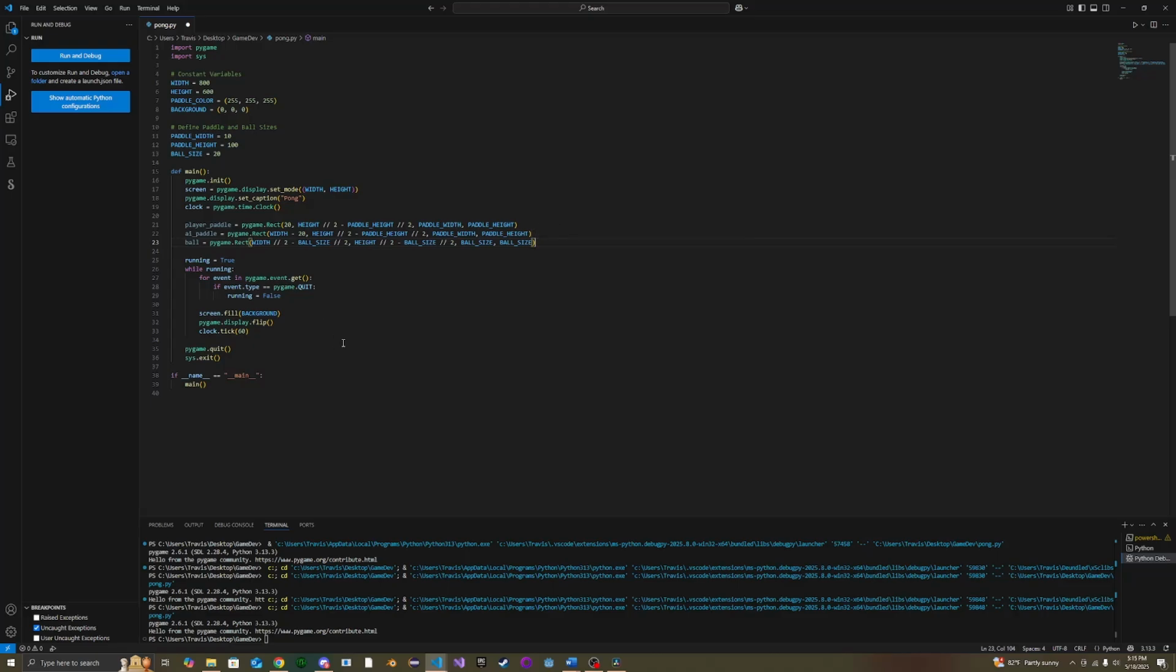All right. So here, paddle is ready to go. AI paddle is ready to go, and the ball is ready to be added. So at this point, they're created before it starts running, so the game's able to pull that information in as we initialize and it starts to run. So we're going to come down here